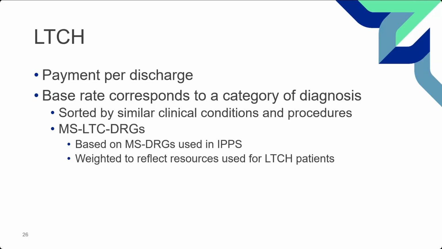So once you reach that, then of course we can look at, okay, what else do we have to do? What are the different DRGs that we'll use, the diagnosis related groups? How does this affect the patient? And then what classifications can we put them into? Again, though, a long-term care hospital is based on discharge, and you'll be given a certain amount per day based on the actual items that were used. And again, that weighting system reflects the different resources to make sure the patient is given care.